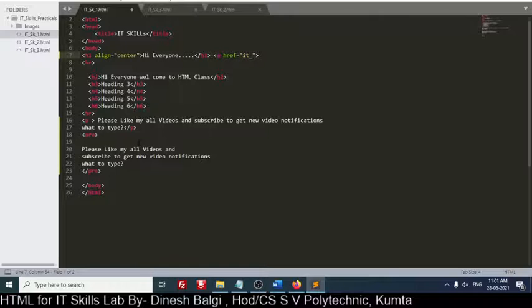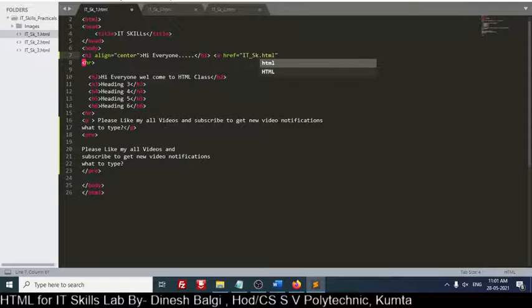It is in capital, so I will use capital. It is not necessary to be in capital only, you can write it any way, as case sensitivity is not there here. Dot html.